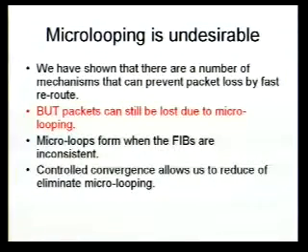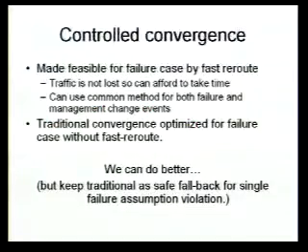If you can do controlled convergence, an ordered way of changing from the previous topology to your new topology, it's possible to avoid these. So we couldn't think about controlled convergence before because we didn't have alternates to use in the event of the failure. Basically, because the traffic isn't being lost, we can afford to take the time and do a controlled convergence. And you can then use a common method for both failure and management change events.